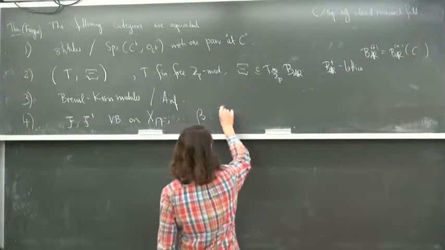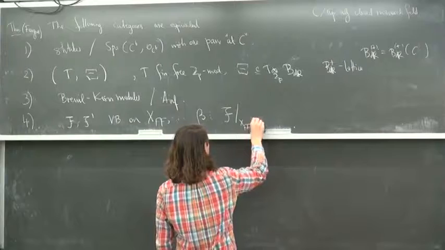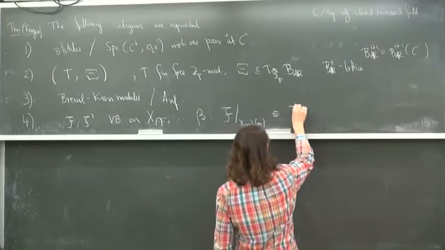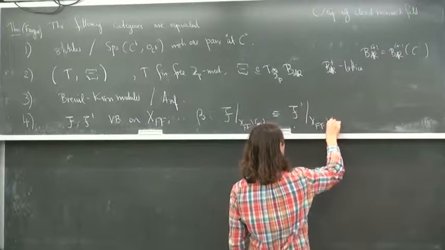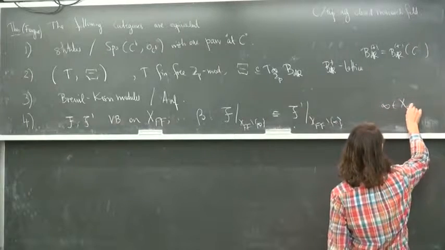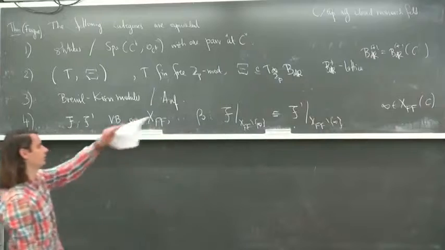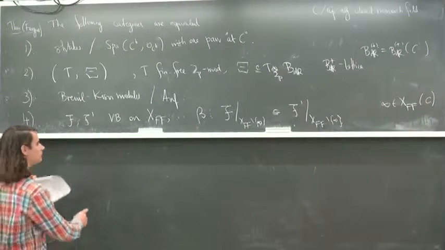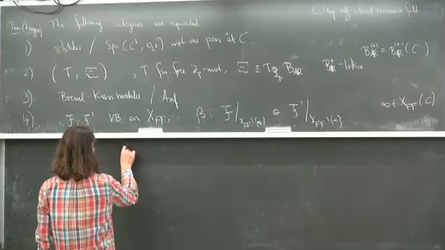Beta is an isomorphism between F restricted to the Fargues-Fontaine curve minus infinity, where infinity is this chosen C-valued point of the Fargues-Fontaine curve corresponding to this until, such that F is trivial